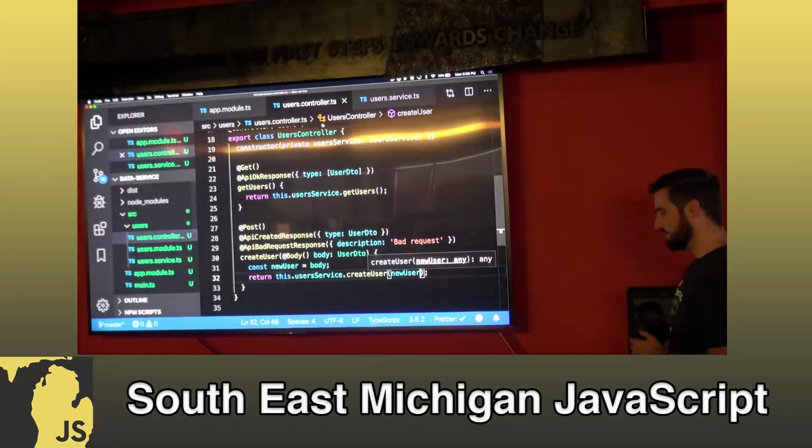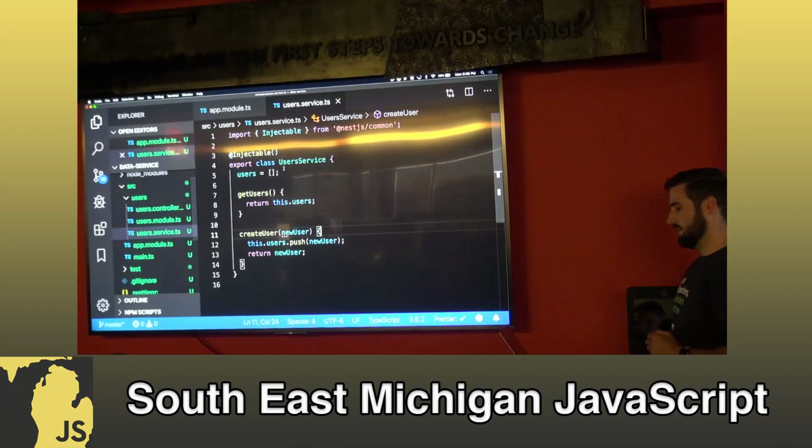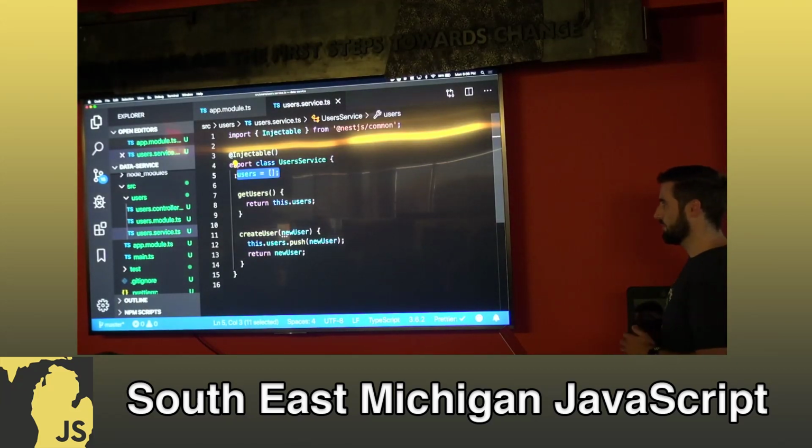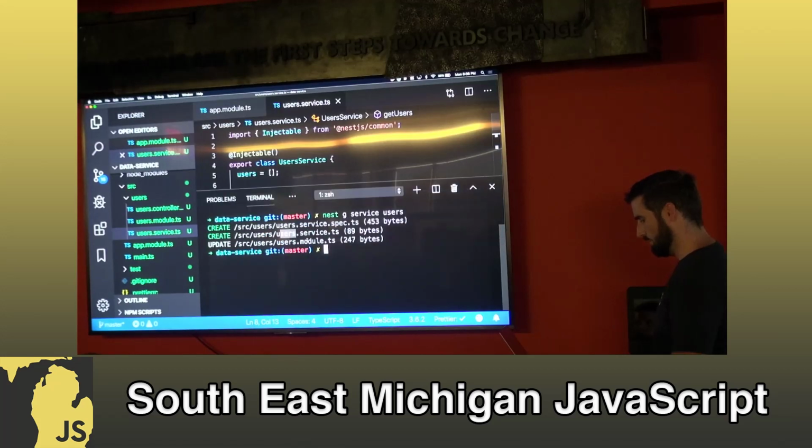So the next step is, if I take a look at my service, we're storing the information in memory, which is not good because every time this server restarts, we're going to lose all of our data. We want to persist it somehow. So for that, we're going to use one more library